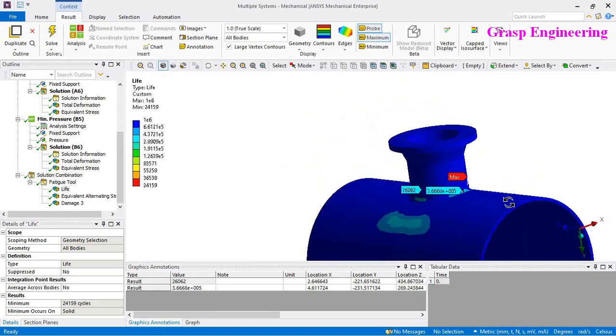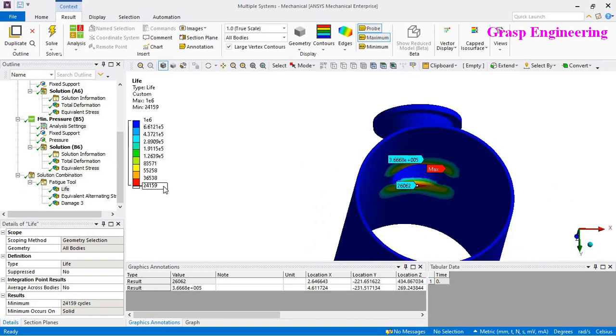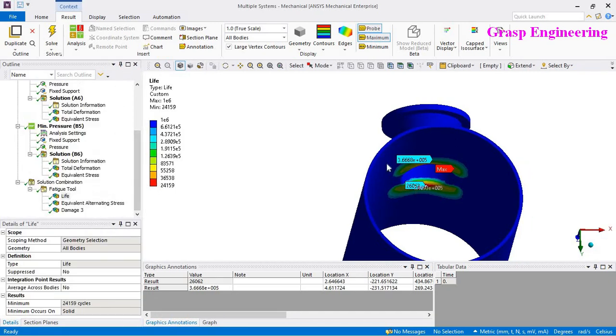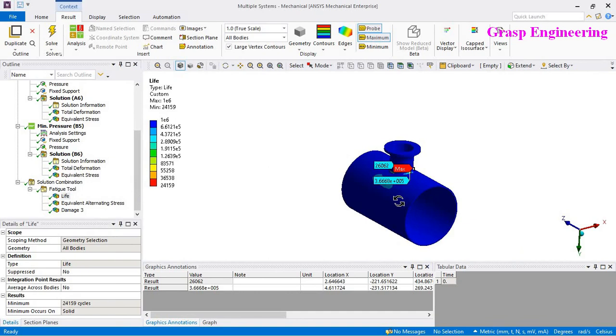Okay, so this is all about your fatigue life calculation. Now if you remember, in problem definition we have a fatigue life called 10,000. So it is exceeding that, so it means that it is safe. So this respective shell nozzle junction is safe for applied loading condition.